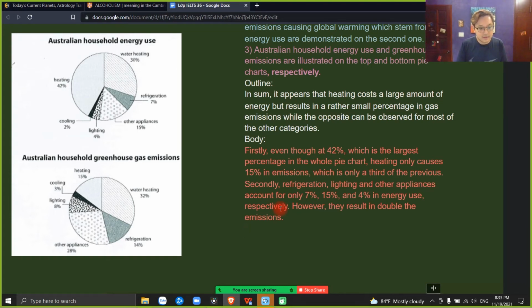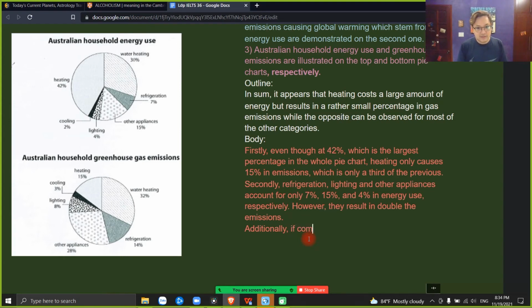It appears, so basically, additionally... What else? Additionally, I can say that... what can I say? I don't know. Yeah, okay, let's just combine these two numbers together. Other appliances plus refrigeration comes to 42. If you add 28 and 14, it's exactly 42, isn't it? Like, you can just say, okay, additionally,